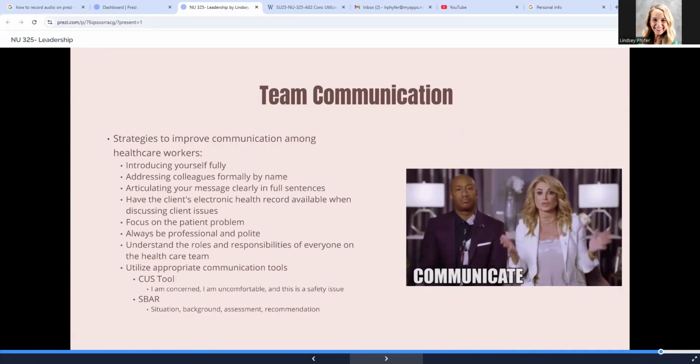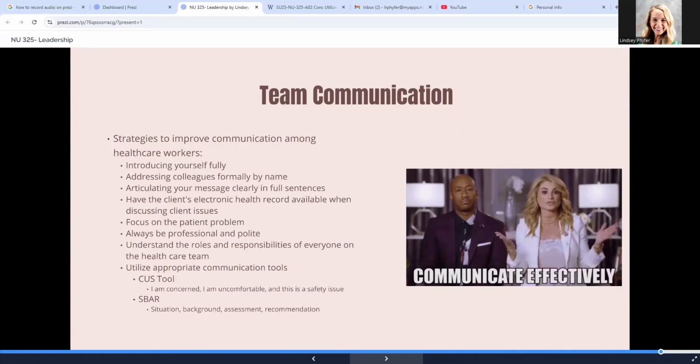So some strategies to improve communication among healthcare workers: introduce yourself fully, address colleagues formally by their name, articulate your message clearly and in full sentences. Have the client's electronic health record available when discussing client issues so that you can be prepared, because oftentimes if